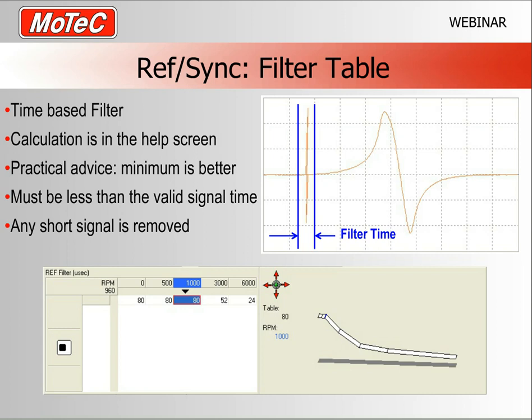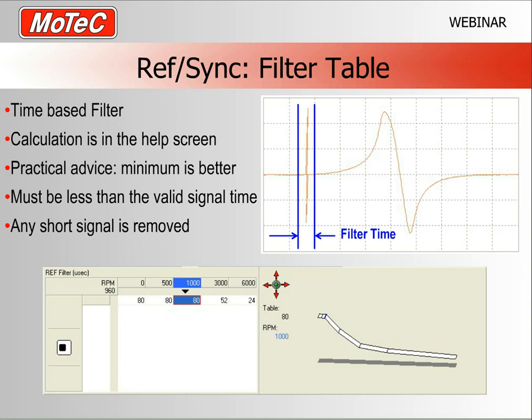So if you have a look at my diagram on the top right there, that's a fairly classic example of some ignition noise. You can see that the actual ultimate voltage of that signal is higher than the valid signal being right in the middle. So we can't really filter this any other way other than time. Luckily, an ignition spike like that would be of an exceedingly short amount of time compared to our